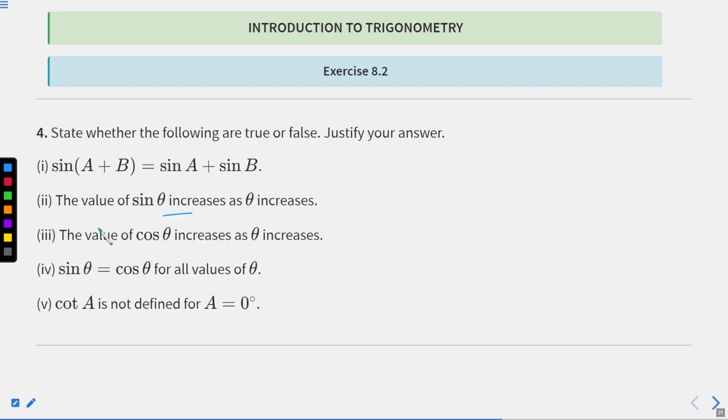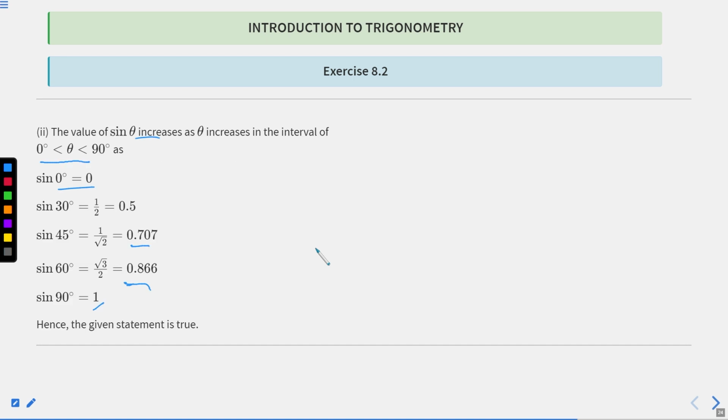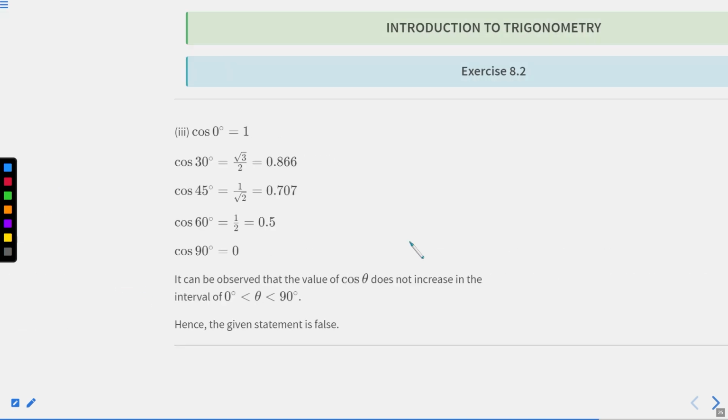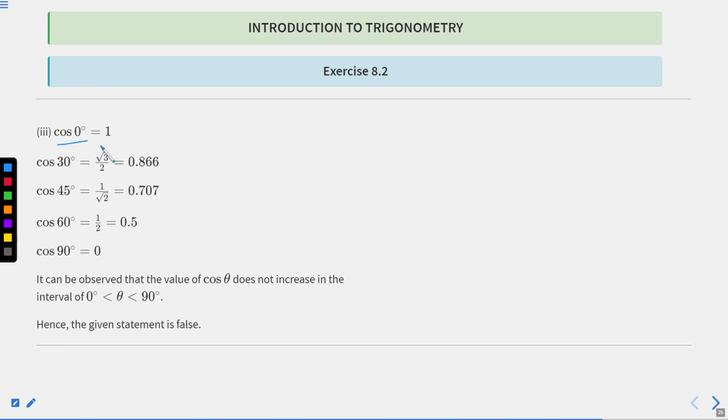In the third statement, we have: the value of cos theta increases as theta increases. So let us see, is this statement true or false? Here we have the value of cos 0 degree equal to 1. Cos 30 degree is equal to root 3 by 2, which is 0.866. Cos 45 degree is 1 by root 2, which is equal to 0.707. And cos 60 degree is equal to 1 by 2, which is 0.5, and cos